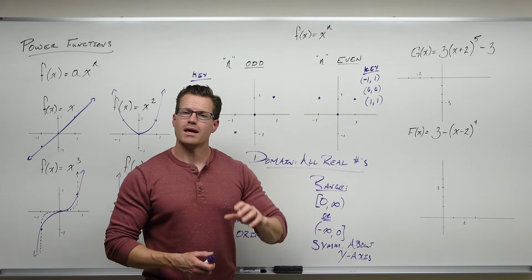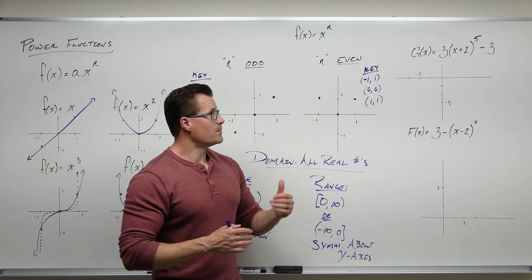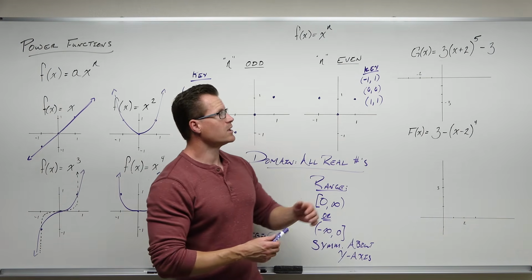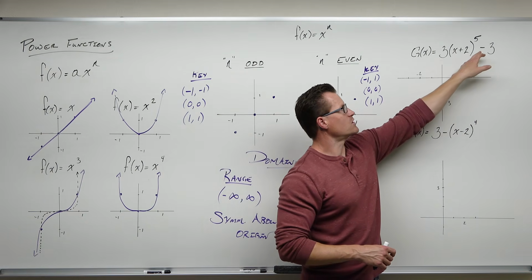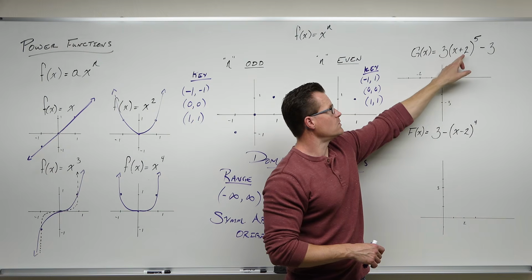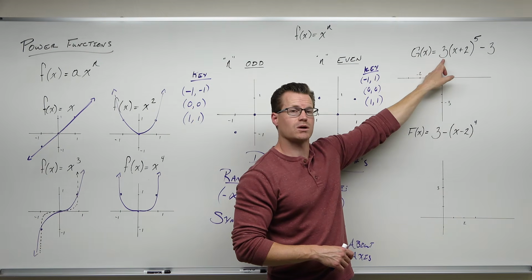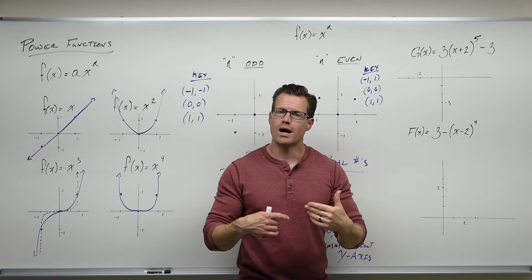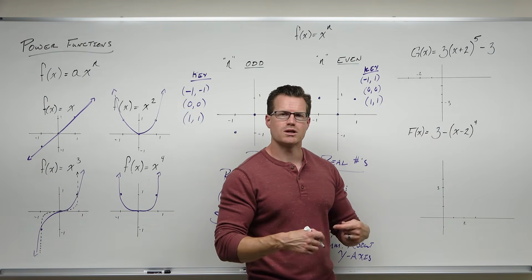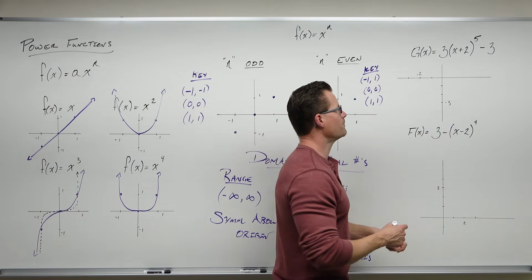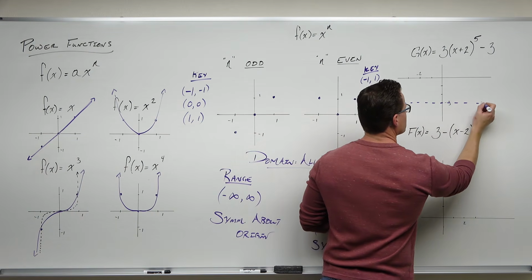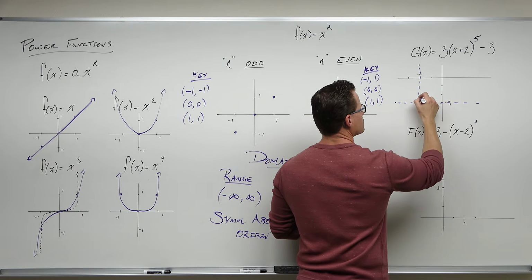That's crazy. If we have something that's nicely factored, we can transform this. We can use our transformations. We should understand that that is a shift down 3, left 2, and that 3 impacts our key points. So this is why we needed to know about the odd power function that this is based on, because this is going to give us key points. So let's go through it. If we shift down 3 and left 2,